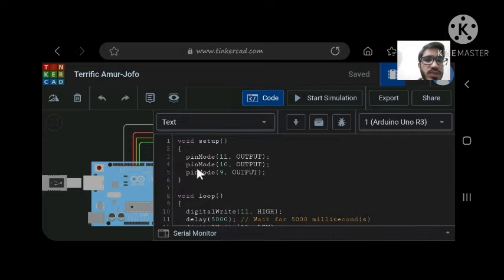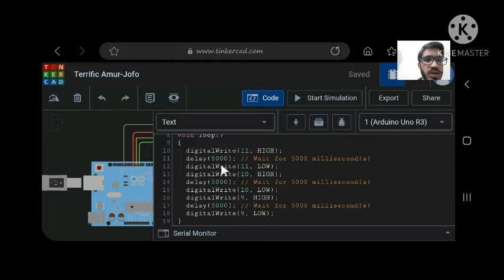These pins we specified in the pinMode function, and the task these pins are going to do is to assign the output to each LED. So we specified output here. We can also write input, but that's not of our use, because in this case we need output, or we can say we need to make these LEDs glow. So after setting up the Arduino, we next move to the loop function.